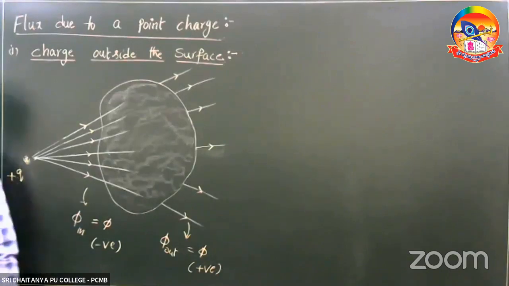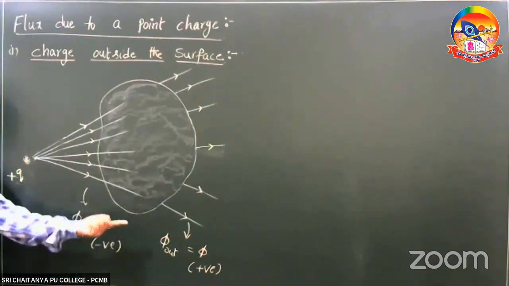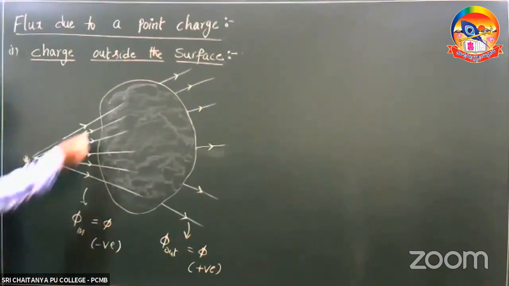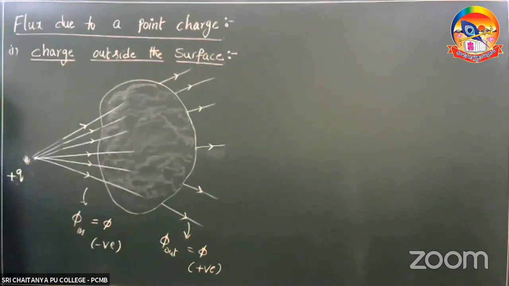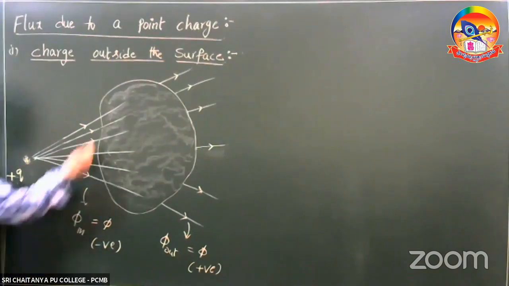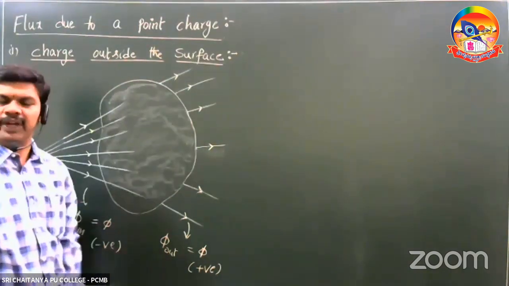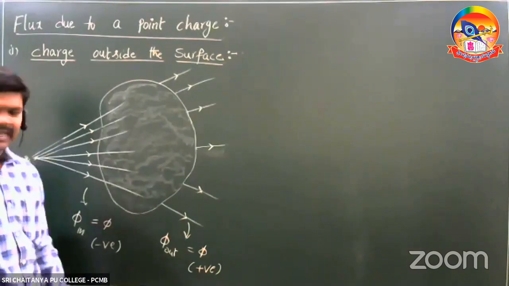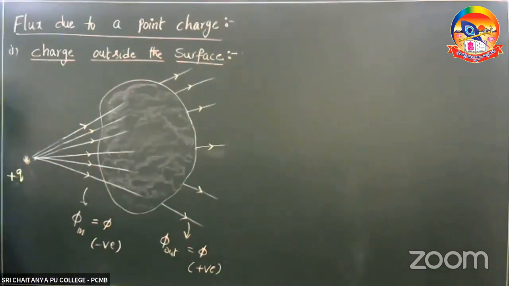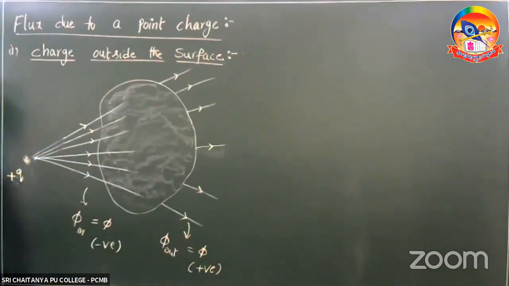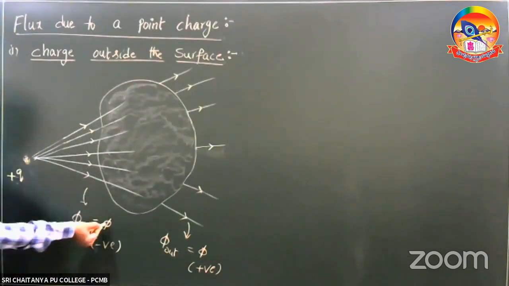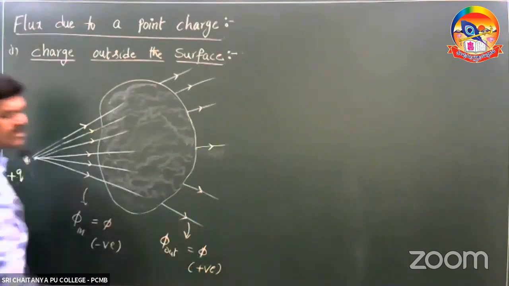In previous classes, when we were talking about the cylinder, we discussed why one flux is negative and why the other is positive. If I draw the area vector here, that area vector comes back, so the angle is more than 90 degrees and it becomes negative. Here the area vector is in the direction of the field, so theta is less than 90 degrees and it becomes positive. So inward flux is negative, outward flux is positive. That is clear. And this is pi, this is also pi.